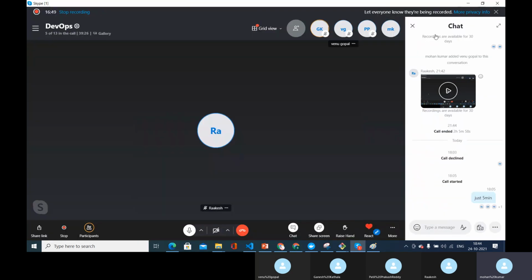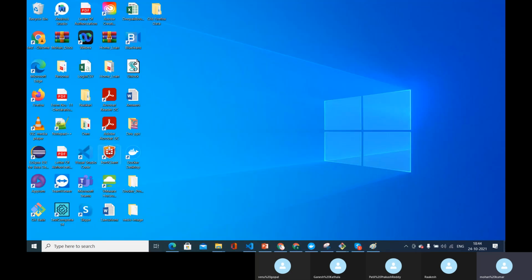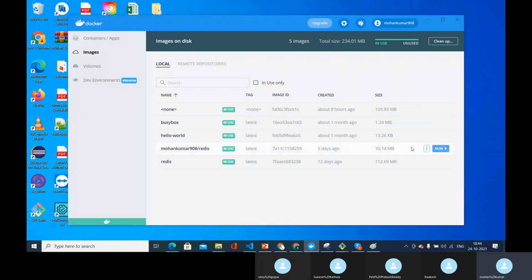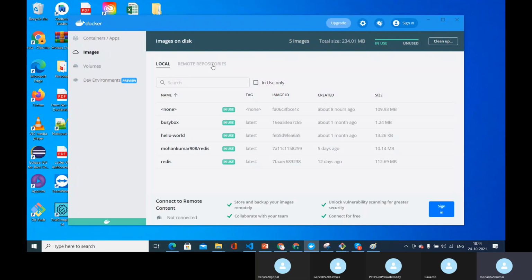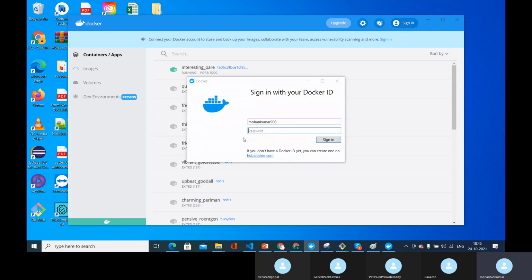Once it is installed, you will be able to see an icon on your local system. This is the Docker icon that you will see. Once you double click on this, you will see something like this. If you sign out from this, you will not see this. Once you sign out from Docker, you again need to sign in so that you can directly use Docker on your local machine. Without signing into Docker, you cannot do anything locally. That is important after registering and installing Docker on your local machine. You just need to provide your password over here.